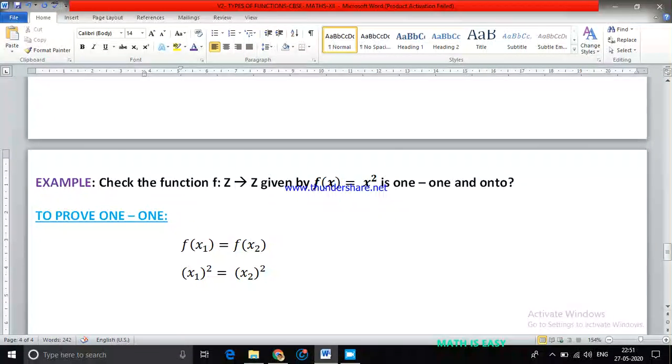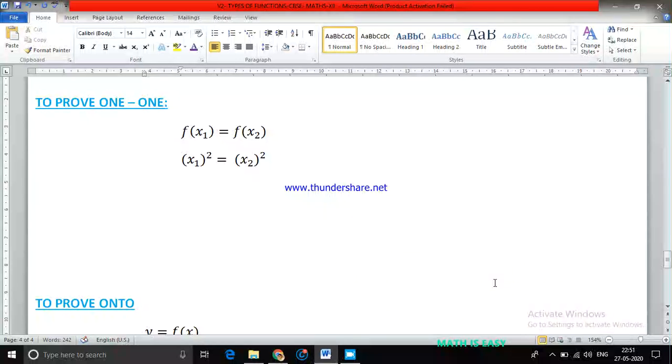Now, can I cancel exponents? The 2 will get cancelled, the powers. Then I'll get x1 equals x2. Is that true? Can I cancel the exponents like that? No, you cannot cancel. x1 square equals x2 square. So then what you have is, look here, x1 square. My question was, can I cancel both the powers and conclude that x1 equals x2? You cannot conclude, and I'll say what the reason is.